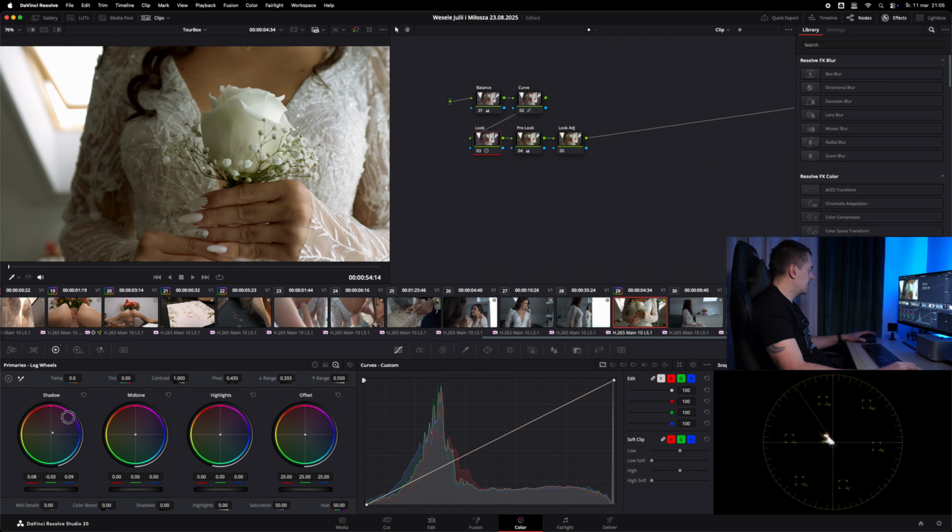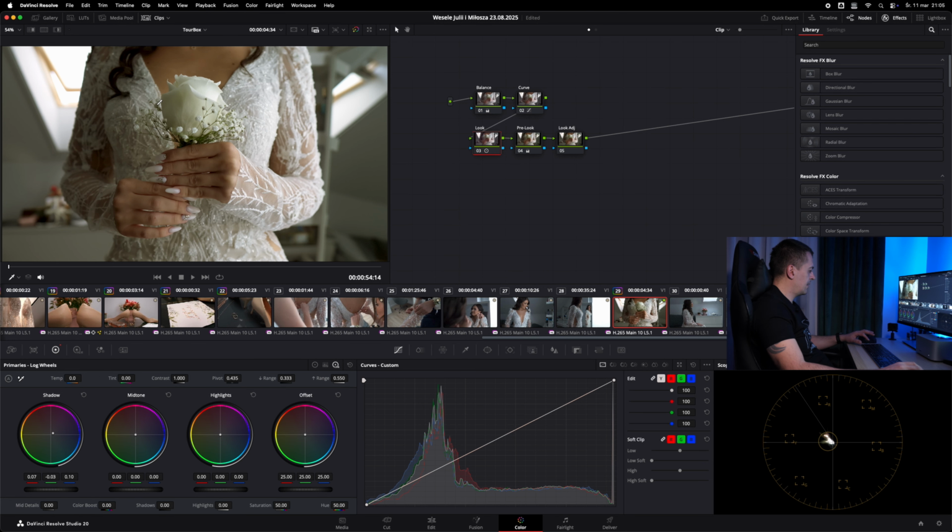I will go maybe something like this. That looks better. And our midtones, let's jump a little bit on the blue side. And now let's check those two. We were here and now we are here. So you can see the difference.